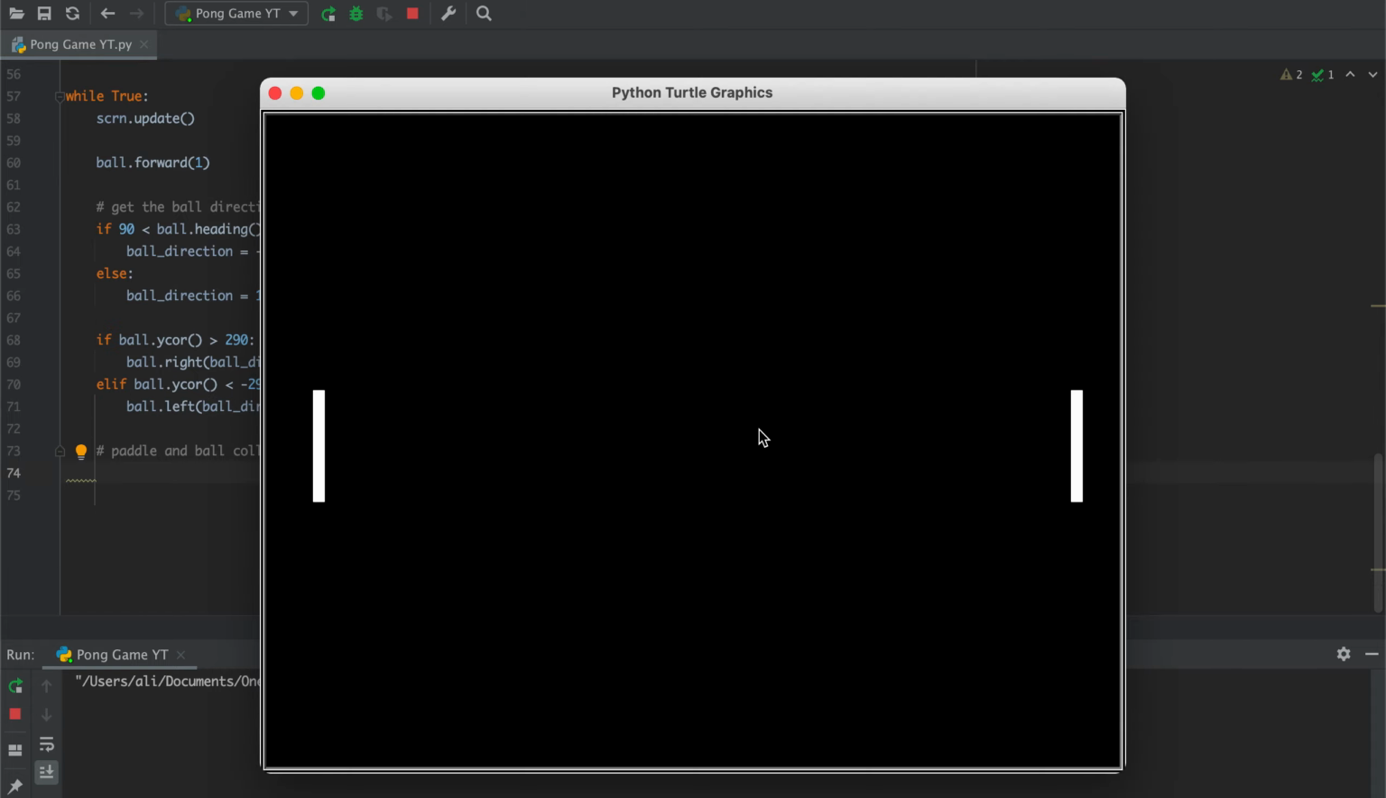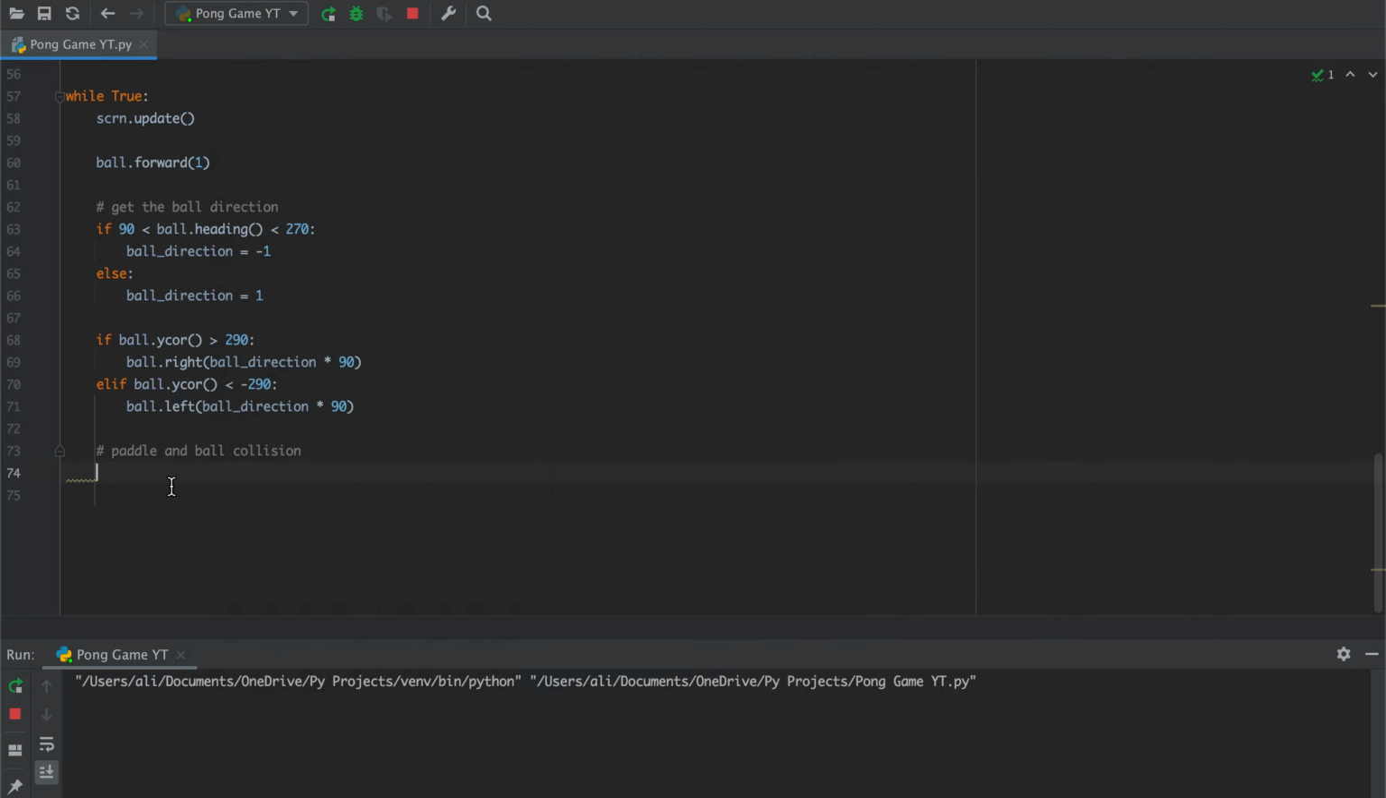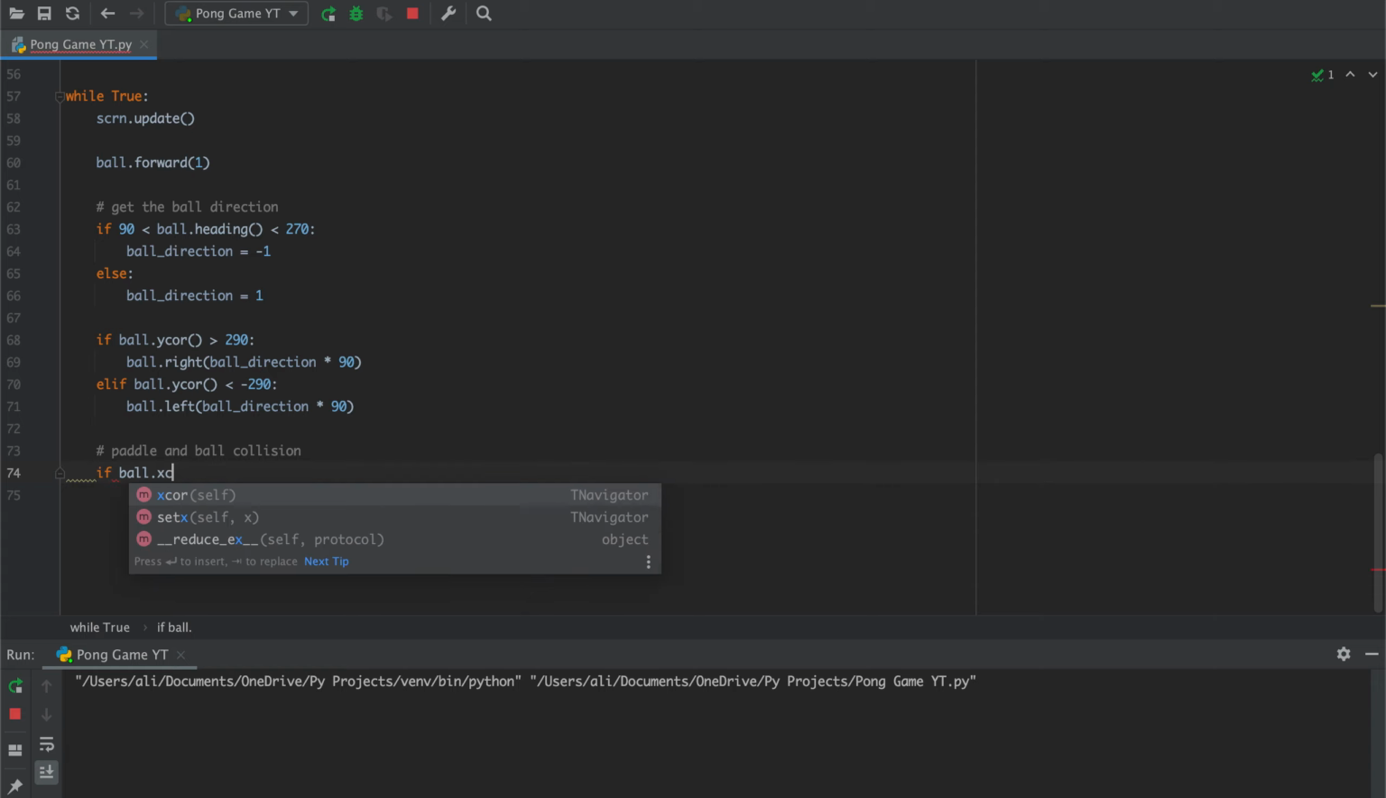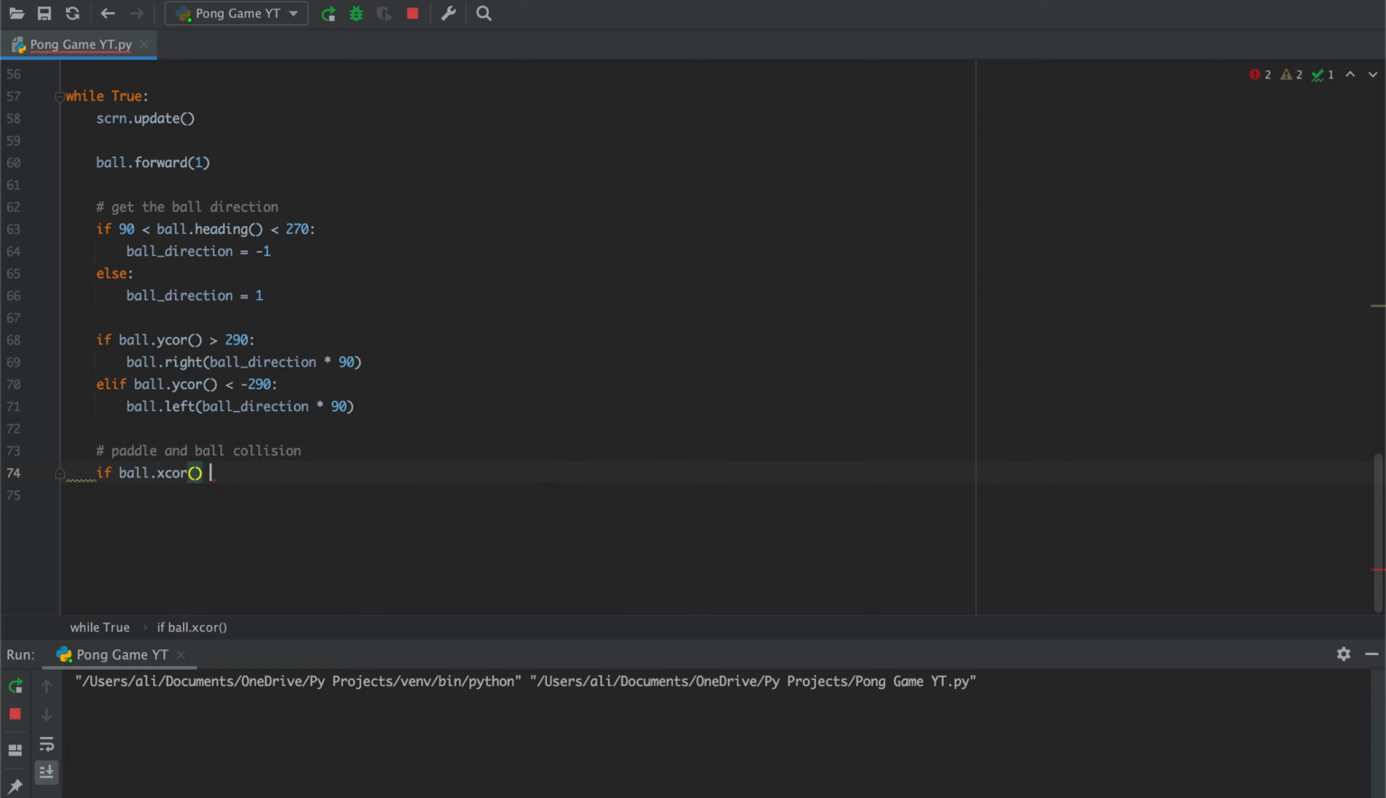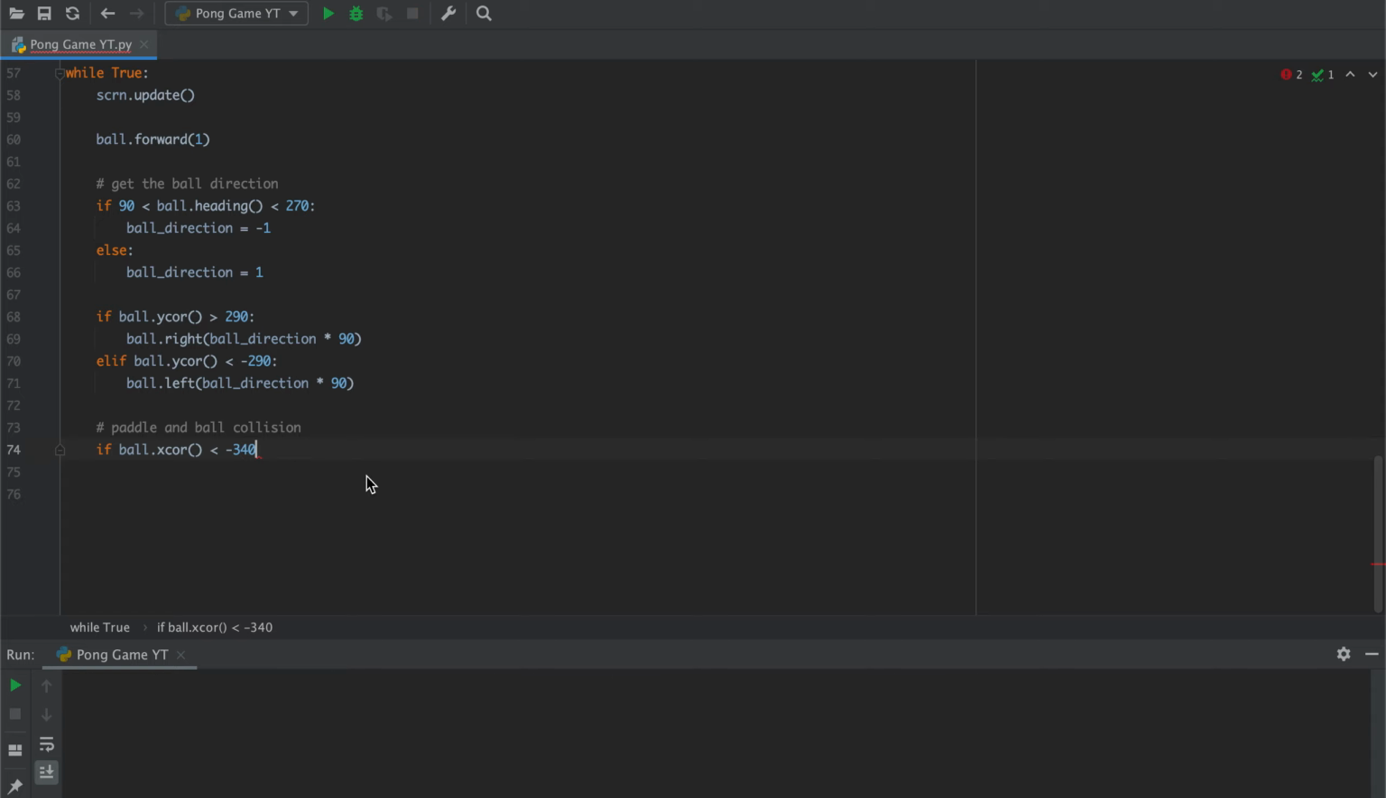Okay, so starting off with my first paddle, what I want to do is see if my ball's x coordinate is less than my paddle's x coordinate. So I'm going to say if ball dot x coordinate is less than negative 340, which is roughly the paddle's x coordinate, right? So now that I compared my ball's x coordinate to my paddle's x coordinate, I basically